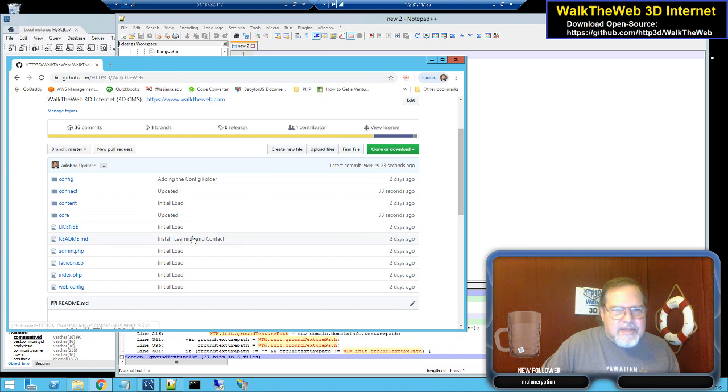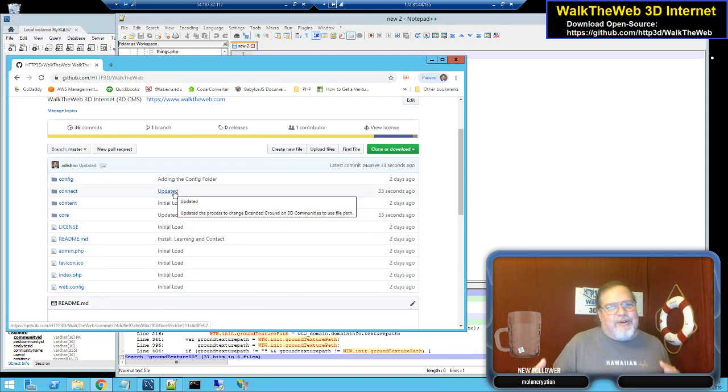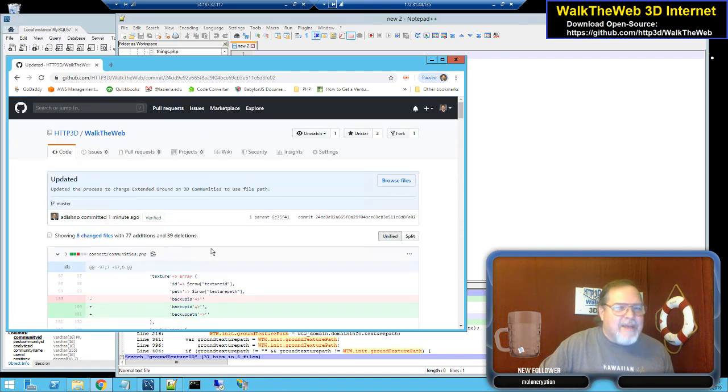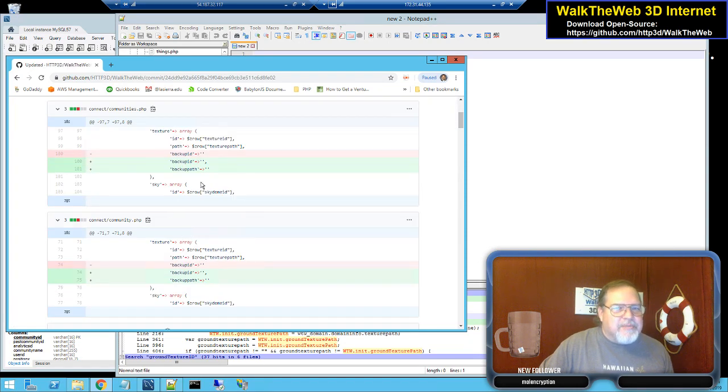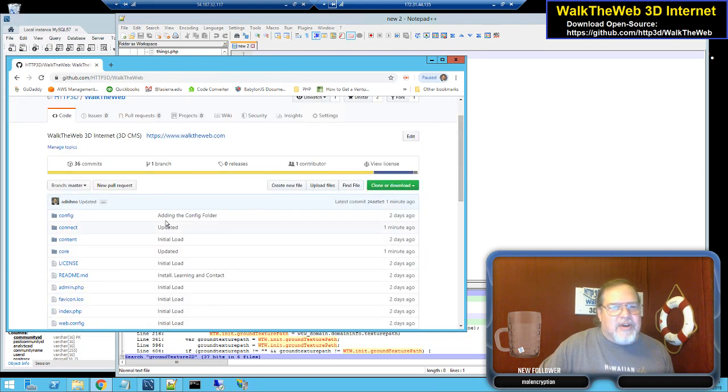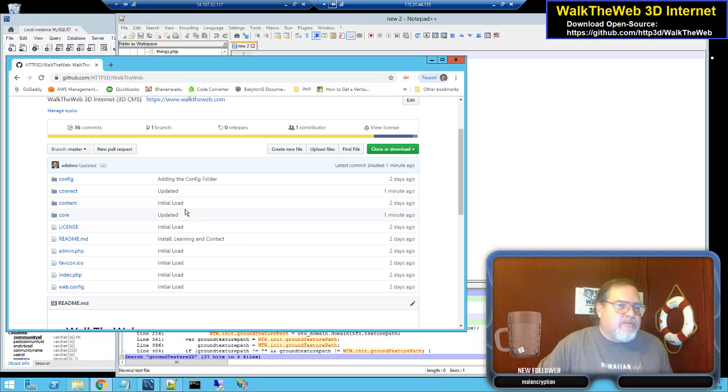And it now says learning and content. Okay, that's all fine. Now it says updated instead of bug, which is much better wording. I said bug fix before. Well, then every time you looked at my code, it says bug fix. I didn't like those words, so I changed it where I was updating to now say updated, just so you know there's a change in place and you can click on it and see what the change was. So we're going to be using the word updated, and initial load was fairly good